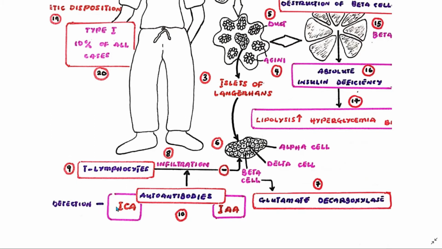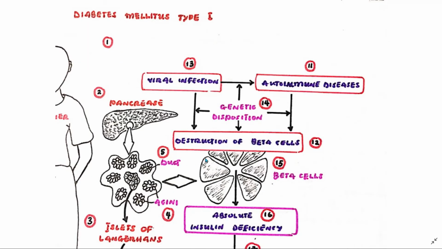The islet cell antibodies in some cases could be detected years before onset of the disease. Now, the formation of antibodies against the body tissue manifests as autoimmune disease, which causes destruction of the beta cells. Now, this is mostly triggered by viral infection in genetically predisposed individuals. In this same group of patients, viral infection alone is capable of destroying the beta cells, and the destruction of